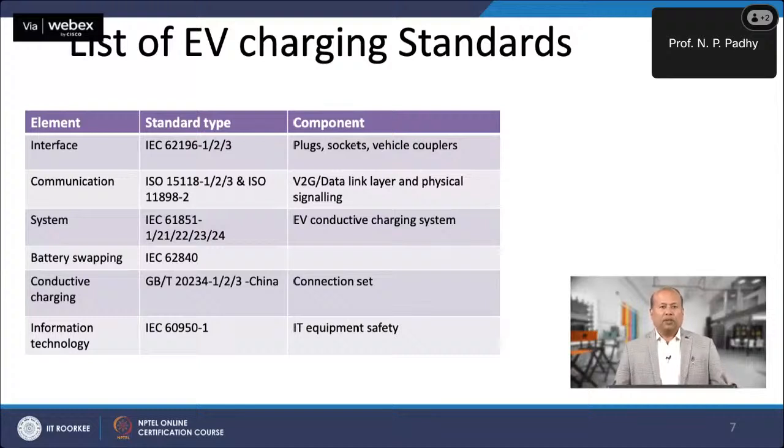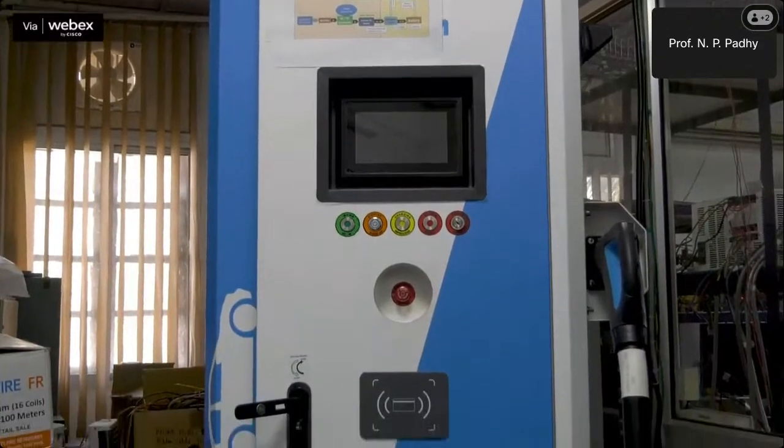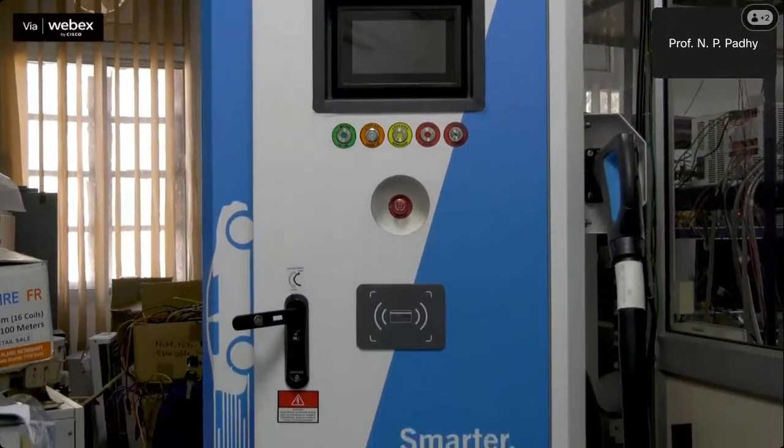The conductive charging connection set possesses GB/T 20234-1/2/3. China and the information technology safety equipment have IEC 60950-1. In our laboratory, we have a DC fast charger type 2, which is